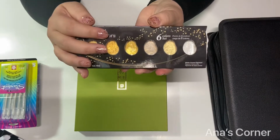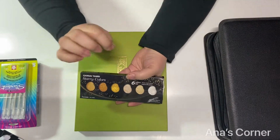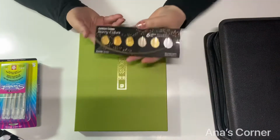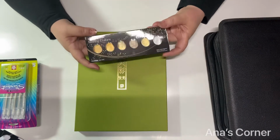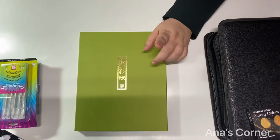Definitely a must, because if you have that little detail you want to add, a metallic detail that shines, they're really beautiful, and they're really nice to work with. I can't say enough about these, so much so that I bought, because I have, wait,